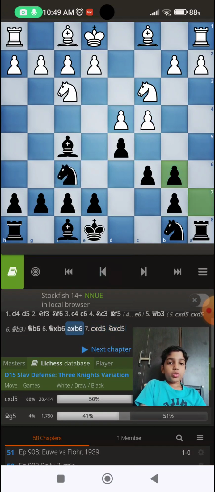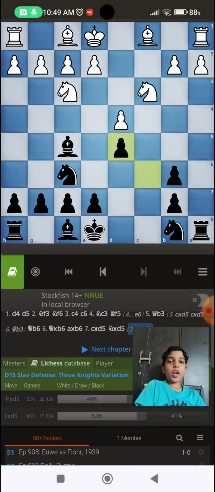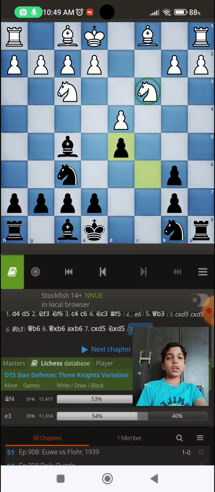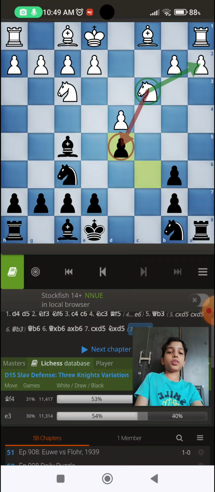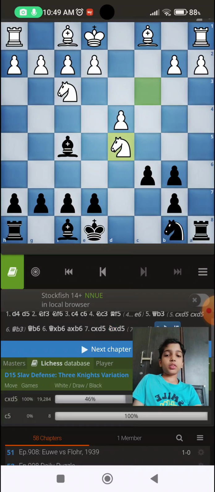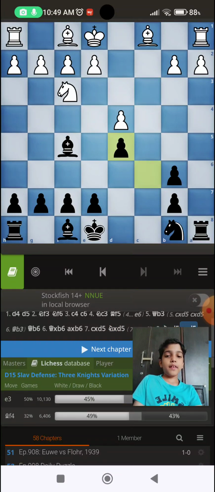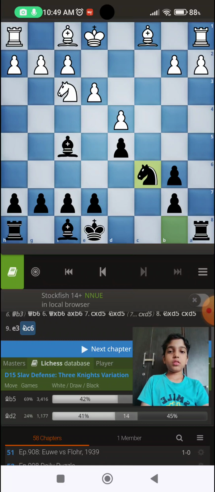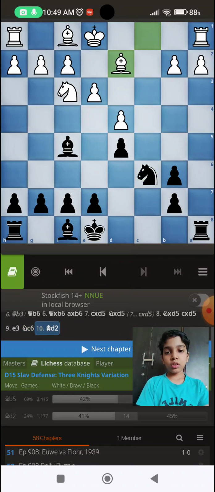Why not c takes d5 first? Well, if c takes d5 first, then this knight will be very good here, defending the a2 pawn, attacking the d5 pawn, holding the queenside together. That's why he first decided to trade this knight on d5, c takes d5, e3, knight c6, now bishop to d2, and now